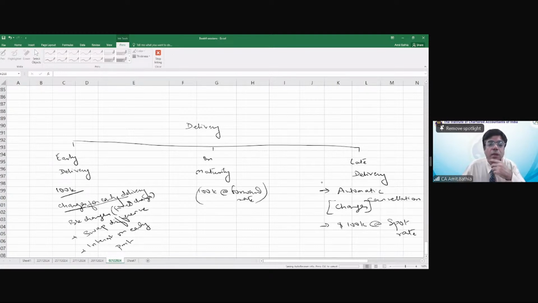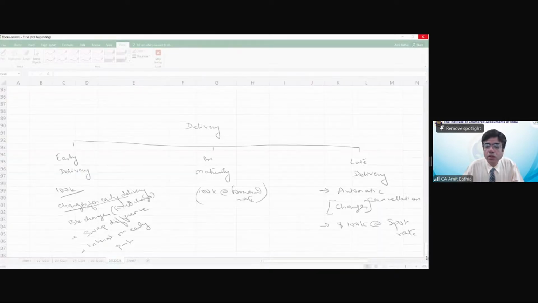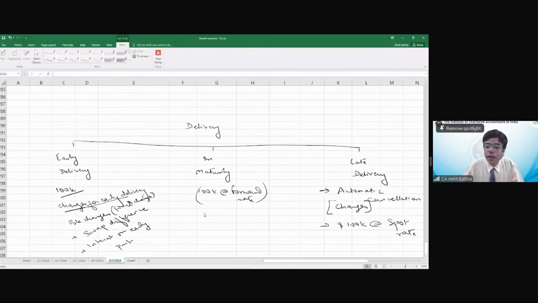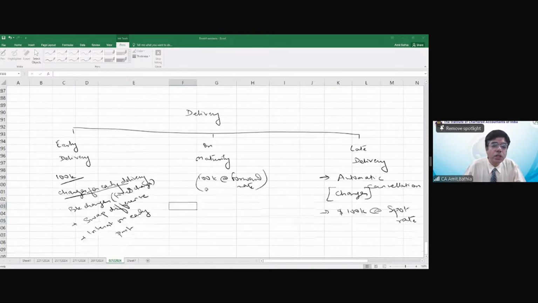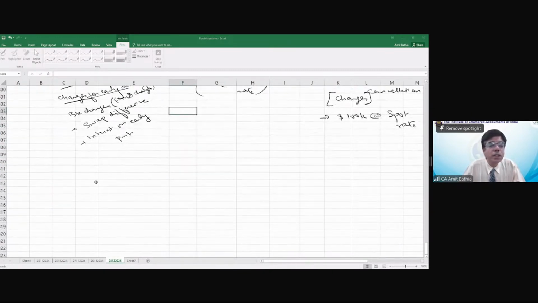Now, I have to take some practical questions on this, and we have 10 minutes remaining today. So I will rather explain one other small concept to you, so that we are optimally able to utilize our time today and in the next session. In the next session, we'll be solving questions on the delivery, extension and cancellation part. Before I go into those, because those practical questions will take slightly longer, I'll just briefly introduce